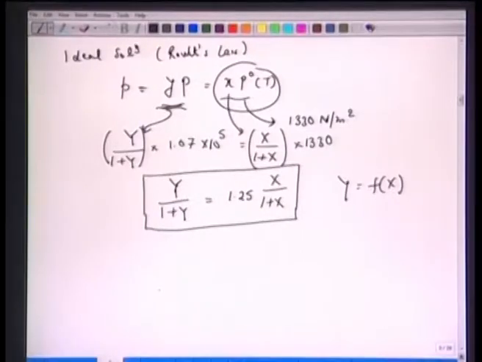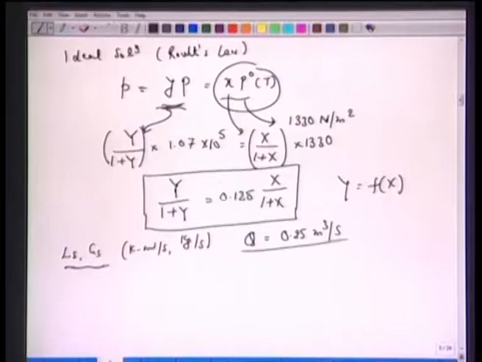Now before we draw the operating curve, remember we are supposed to work on Ls and Gs, which is kilomole per second or kg per second. Either way one can write here, and we talked about the advantages here that the operating line is straight. Now the flow rate is given, Q, which is 0.25 cubic meter per second. All right, so all we do is convert this into kilomole per second for the gas phase. So we have G1, where 1 signifies the inlet conditions, 0.25 cubic meter per second.